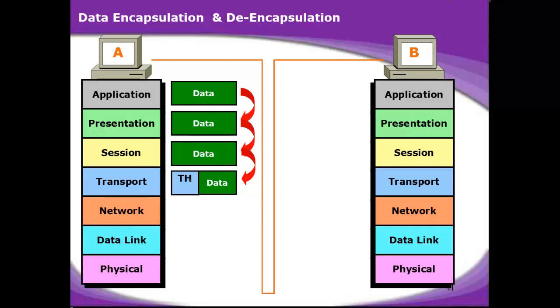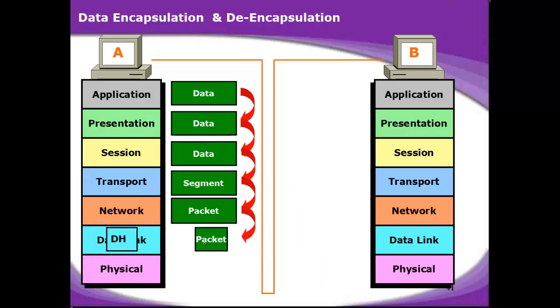All that information is stored in the header, and that becomes a segment. When it is given to the network layer, it adds a network header. In the network header we add the source IP address and destination IP address and the information about the protocols that generated this segment. This whole information is called a packet, and then this packet is given to the data link